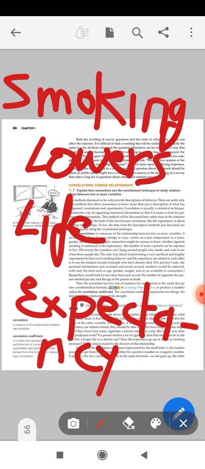So to study this, we have to study whether this sentence is correct or not. We have to do some research. How are we going to conduct that research? Firstly, what will come to your mind is that you will observe the persons who are smoking and those who are not smoking,